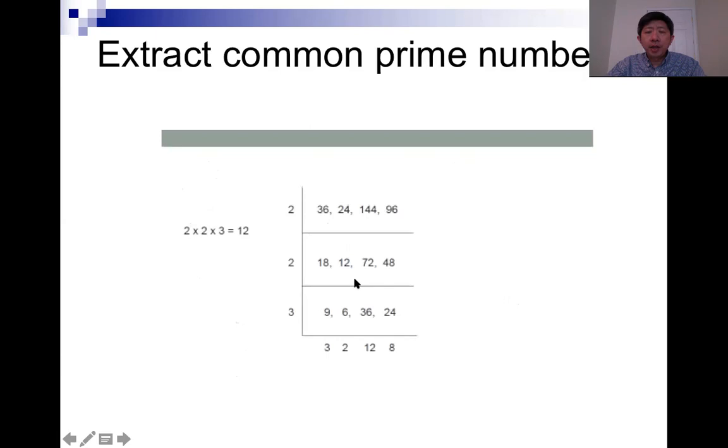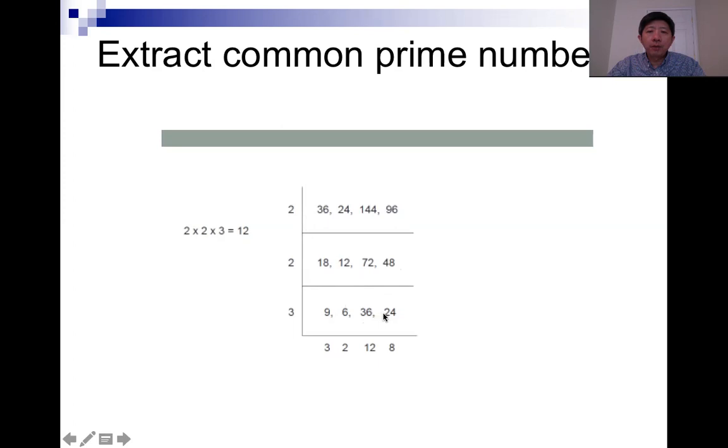Now what if we use the method of extracting the common prime number? We divide by 2, so we got 18. 24 divided by 2 got 12. 144 divided by 2 got 72. 96 divided by 2, 48. And next, we divide by 2 again, because we can find by the divisibility rule that they can all be divided by 2. So we divide by 2 again. 18 divided by 2 got 9, 12 divided by 2 got 6, 72 divided by 2, 36, 48 divided